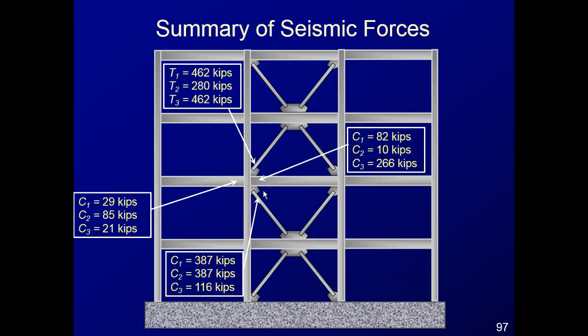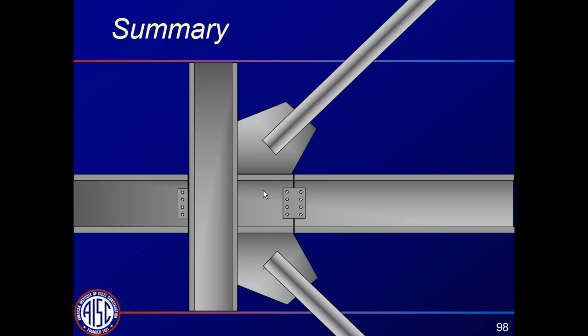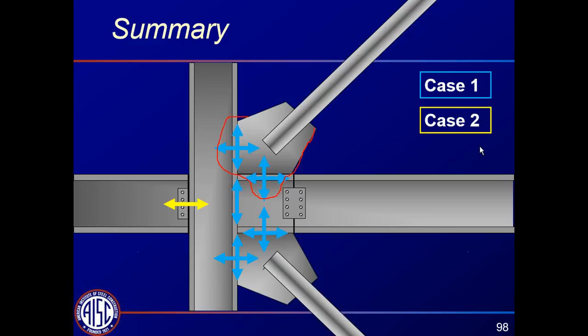So to summarize graphically, here's that connection again. Case 1 is giving us maximum values for each of these forces, so not a surprise. When we design the gusset plate for the maximum tension force, that's going to govern, as we'd expect, for its connection to the beam and column. Case 2, which is the F sub P force coming in with the omega value, that